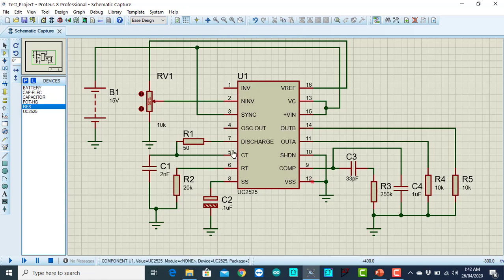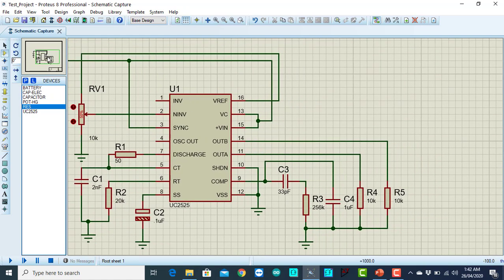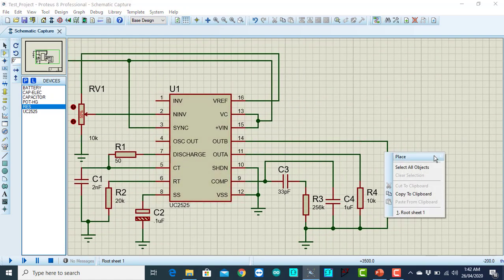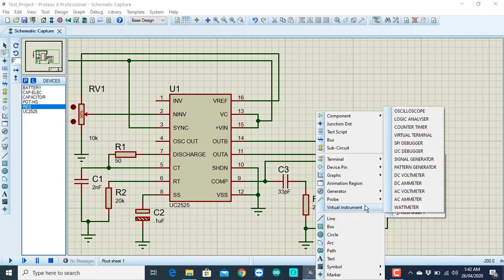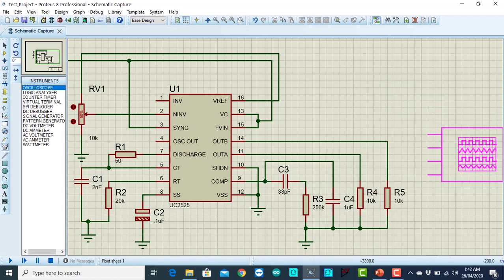That's it. So now I'm going to connect the oscilloscope at the output. This is channel B, but I'm going to connect over here, over here, and over here. Fine. So I'm going to run the simulation.